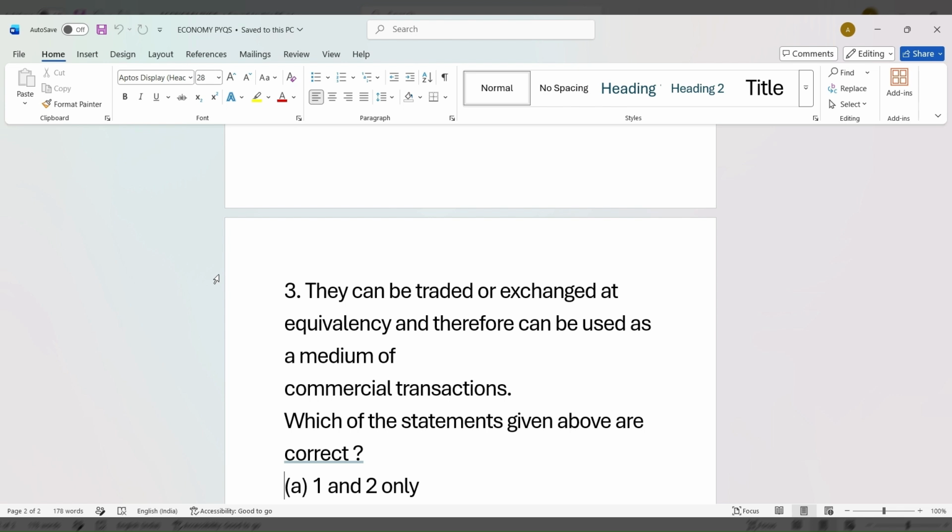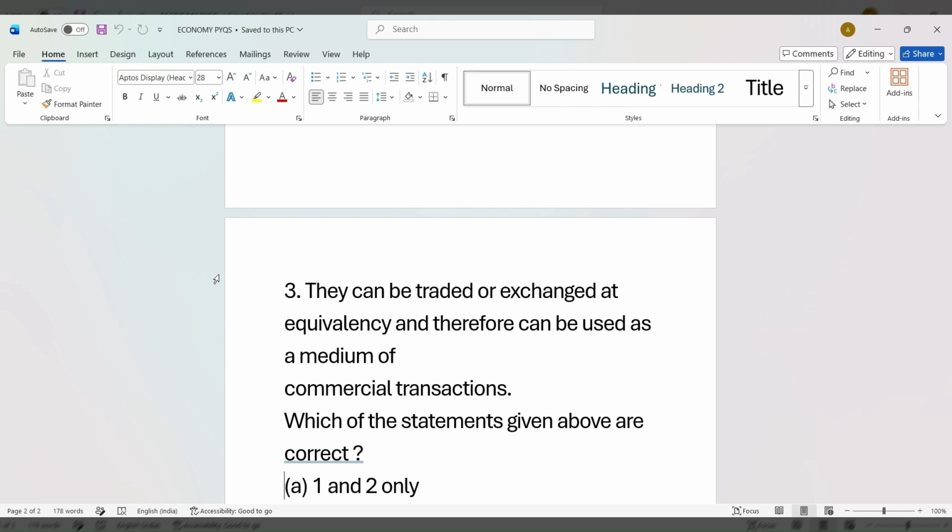But if I have made a painting, some scenery, and my friend has also made a painting, some scenery, we can't exchange each other's painting because the value of each other's painting is different. My painting is different, my friend's painting is different. We can't exchange that. So in this case, painting will be non-fungible, whereas a rupees 100 note will be fungible. So painting can't be exchanged. All right, they are not equivalent.